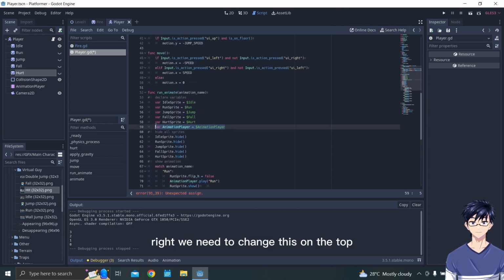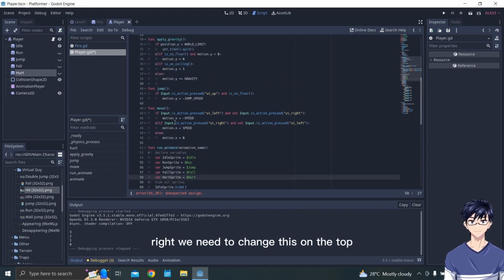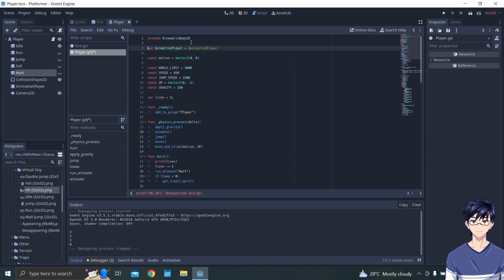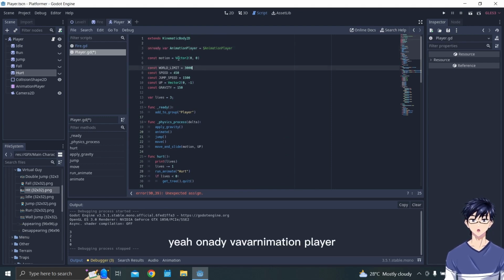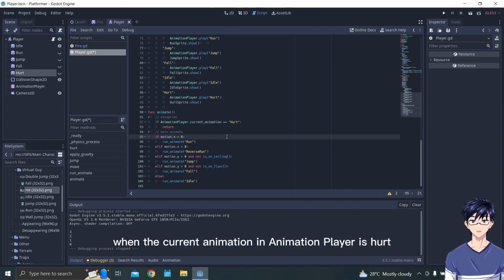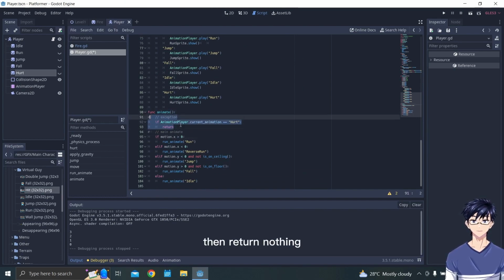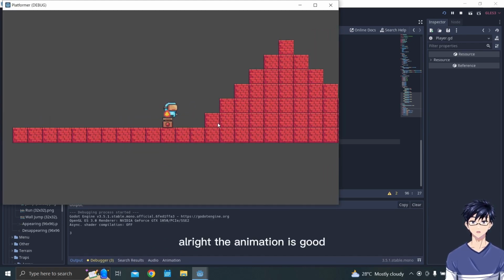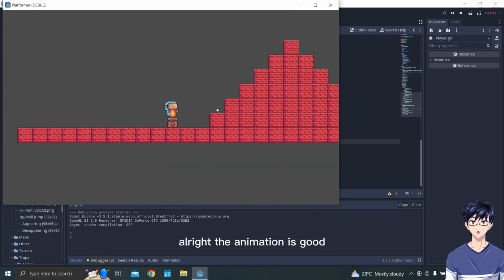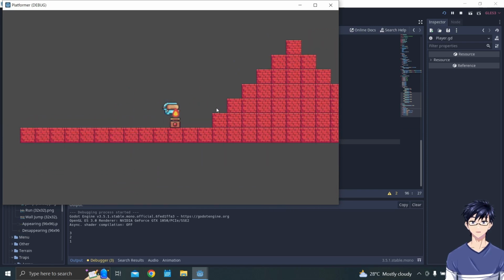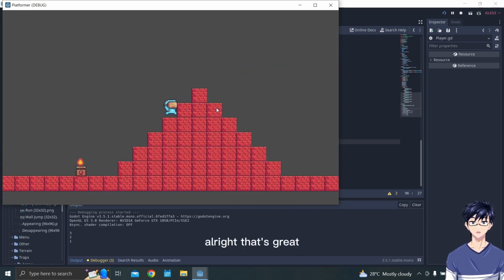We need to change this on the top. Yeah, on ready for animation player, and then put equals more in here. Okay. We'll see in here. All right, the animation is good. We'll try again. All right, that's great.